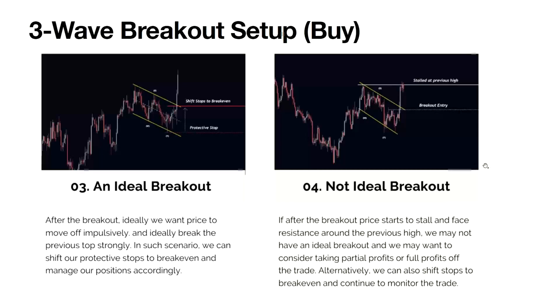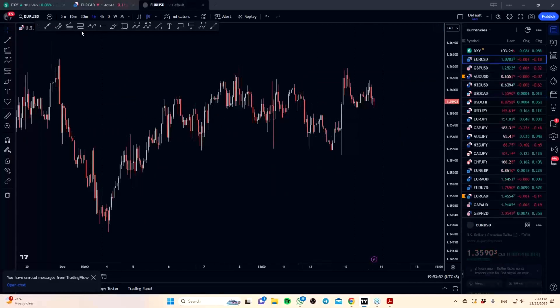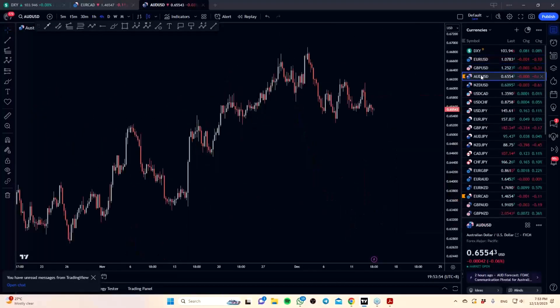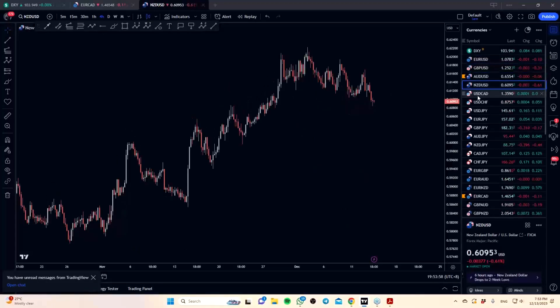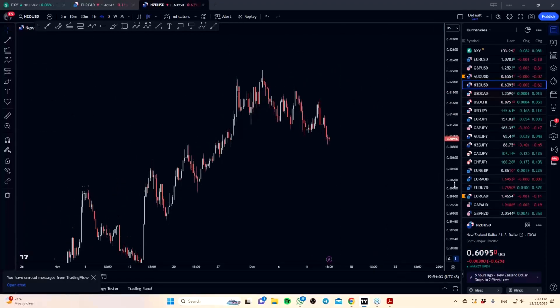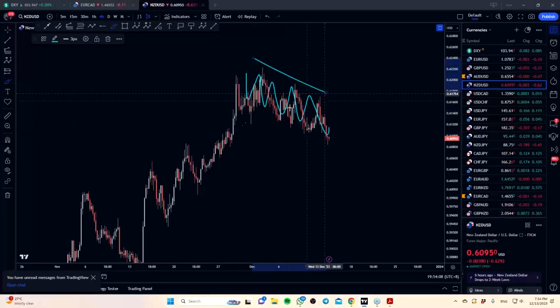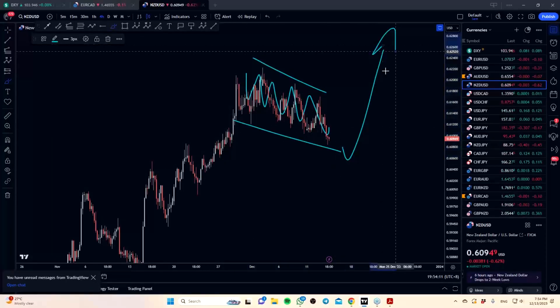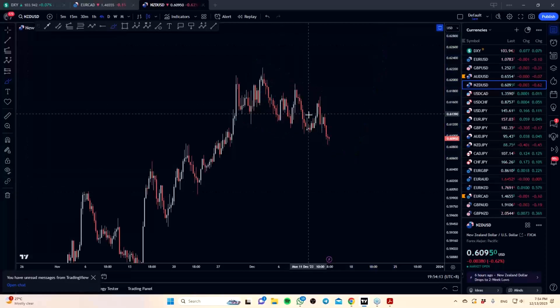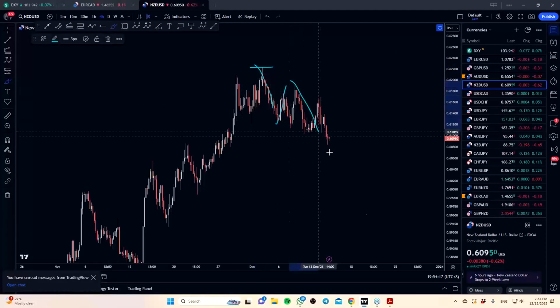Now let me show you some examples if we can. Let's say, I think recently, I will just use this. Now this here you can see, again, what's the nature of this? Corrective in itself. What is the directional bias that we have outside? Now, do we have a three-wave completed from this high here? We kind of see 1, 2, 3, and this low has been broken as well.